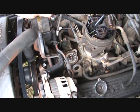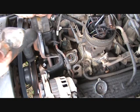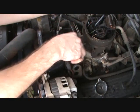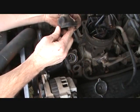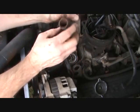Alright, the next step is to replace the water neck. You want to make sure you get it back on there the same way it came off also. And the way I could tell, this one has got a little notch here. Also, it's slanted to one side. I can remember the notch was to the back. So